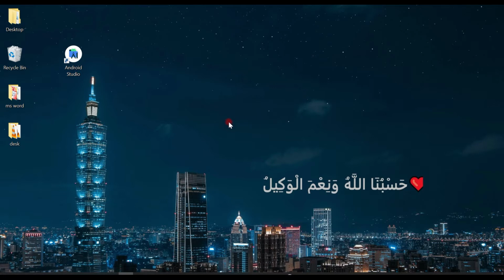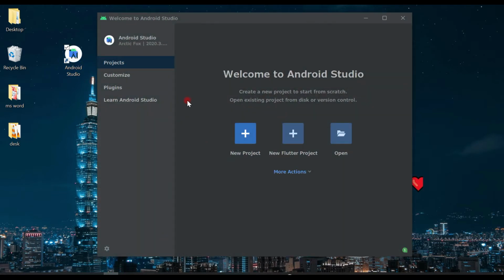So first of all, let's come here and double click on Android Studio. I am using Android Studio because I like to work in it, and you can use Visual Studio Code. So double click on Android Studio and this dialog box will open.